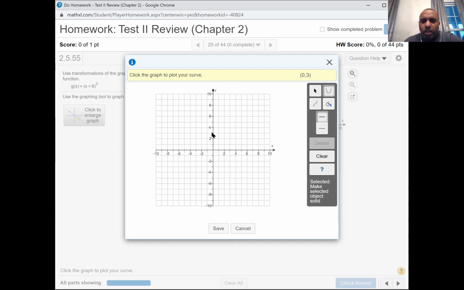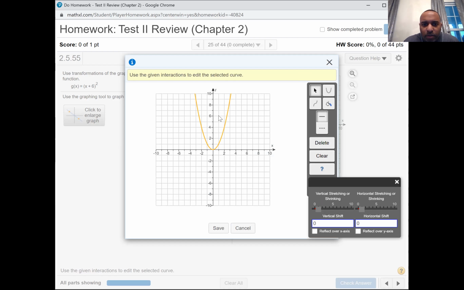Okay, yeah. Just trying to make sure I can do it. I'm clicking on this and it keeps doing that, and I'm trying to figure out why. Okay, I understand that. But why is it not letting me